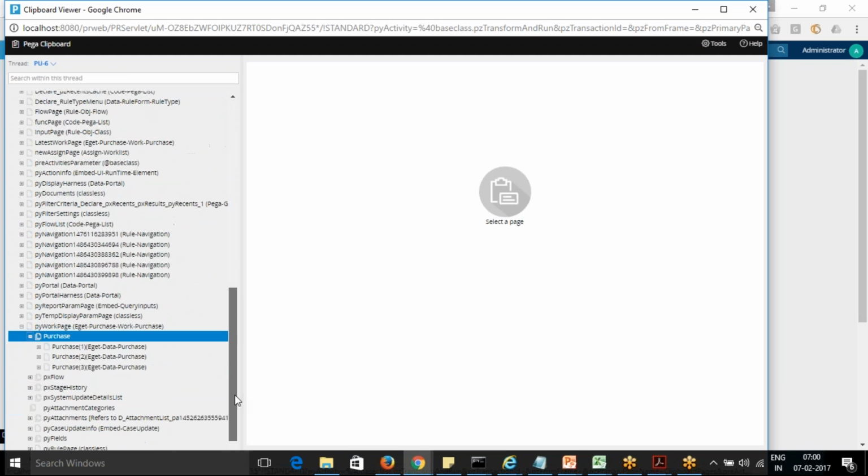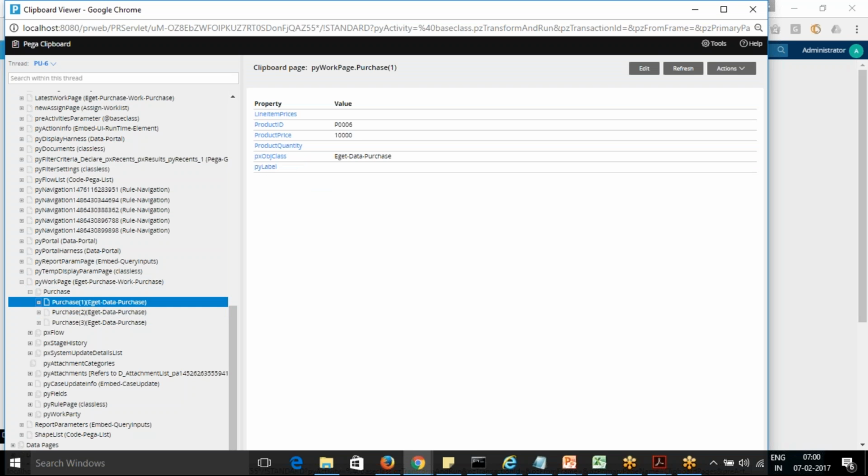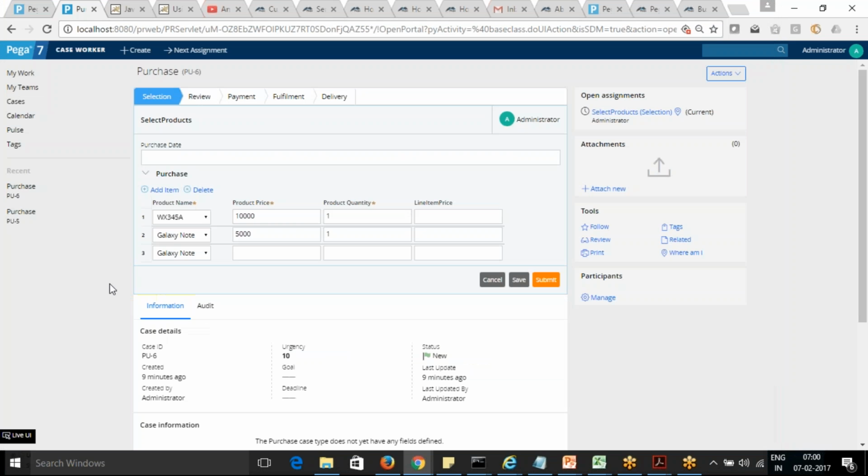I don't know why it's behaving like that. So now if you see 2, oh, still 2 doesn't have any values. One got the values, 2 still doesn't have any values.